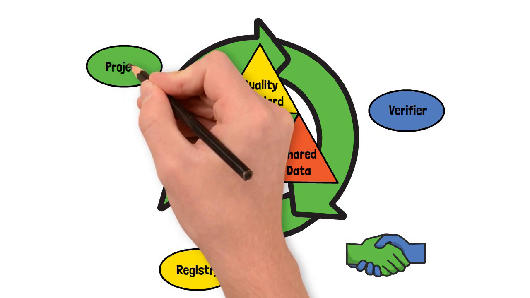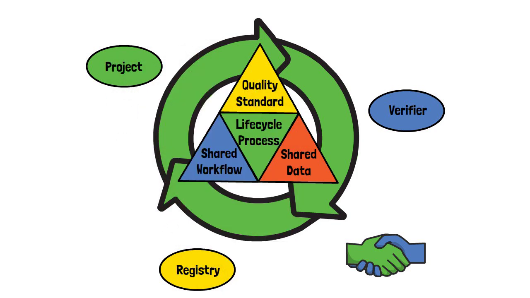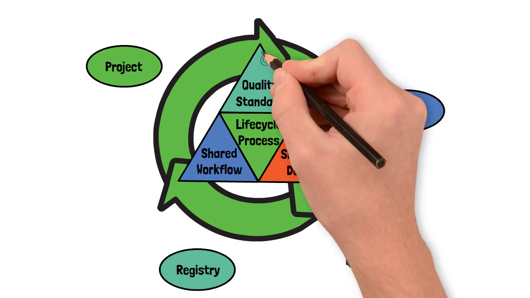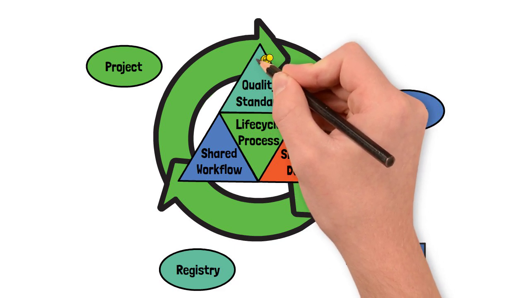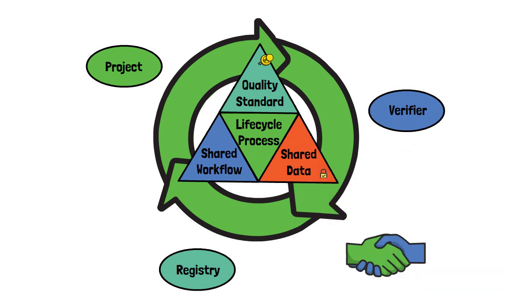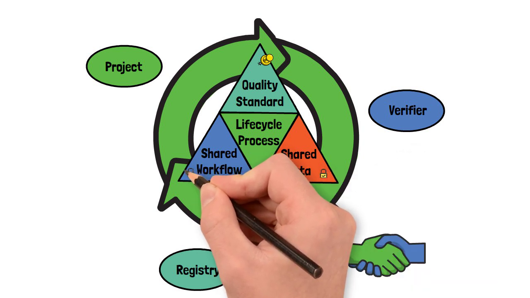a carbon removal project. The framework is modular, allowing the quality standard to be interchangeable based on a project's activity type, meaning that the selection of the quality standard for the process determines the participants in the registry and verifier roles. This allows for the owner or developers of an ecological project to establish a quality standard that supports their activity, but use the same process and data standard as all the other participants in the ecosystem.